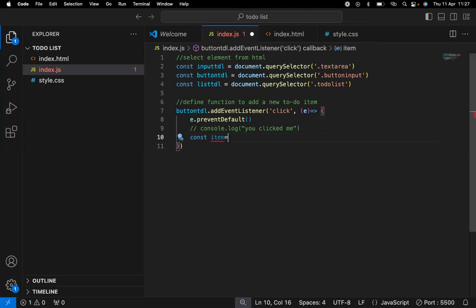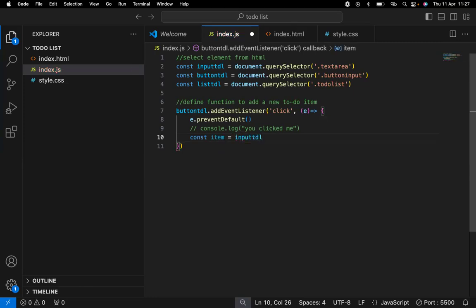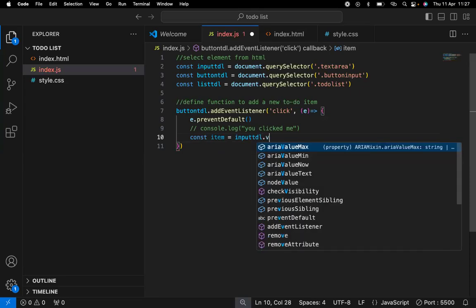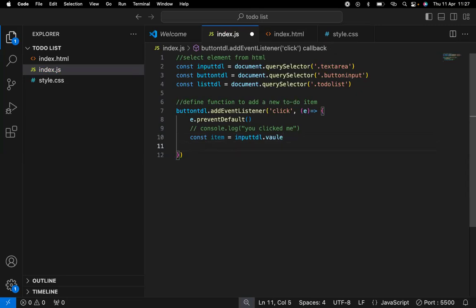Let me do const item equals input.value. So now I'm targeting item, telling it to take the value of the input. I'm just giving you an instance so that you understand what is happening. If not item,